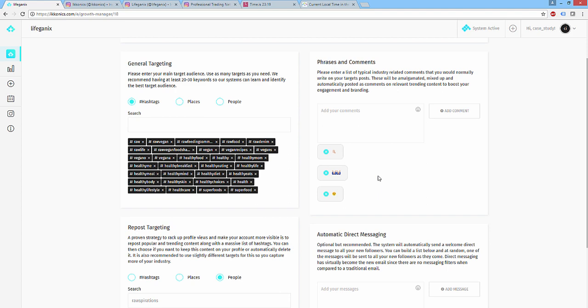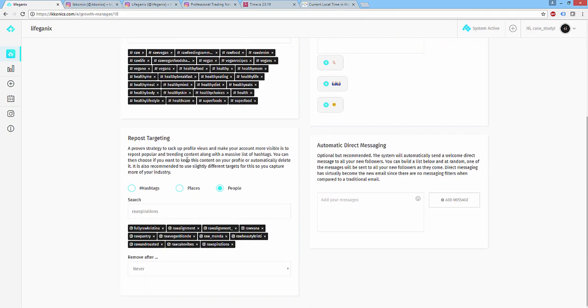Like I said, we'll be switching this over every week, and in this case study, we're really trying to test the system in pretty much every other way. So we'll be testing just very, very broad and simple comments, as well as very in-depth comments, probably in the next week or two. In the repost targeting, this one's going to be very, very specialized,